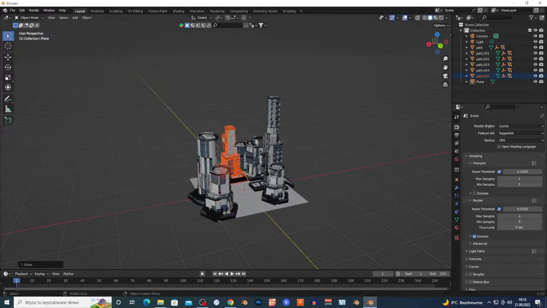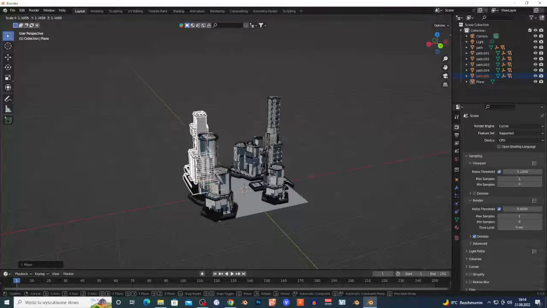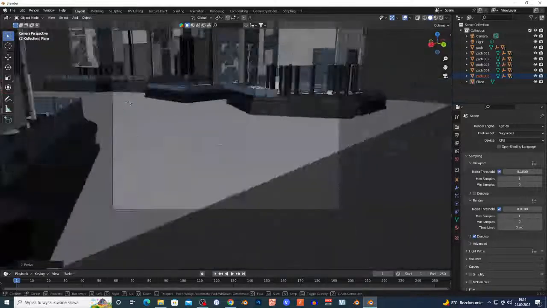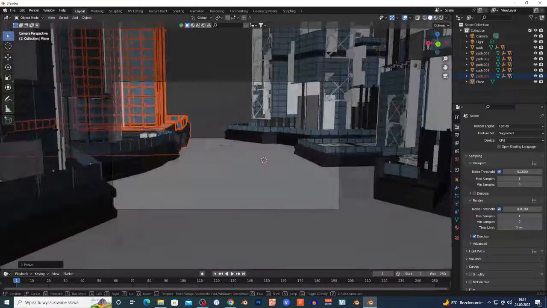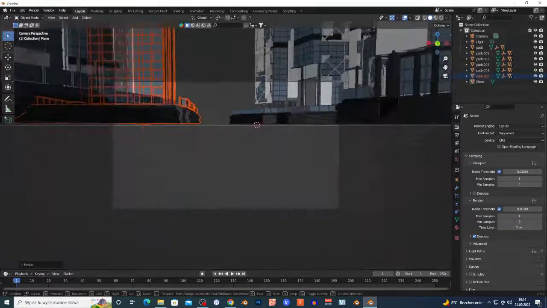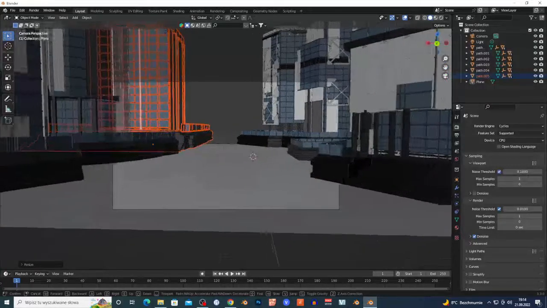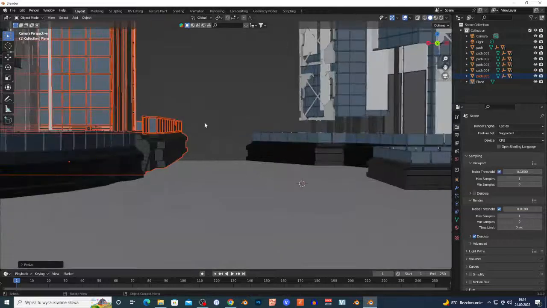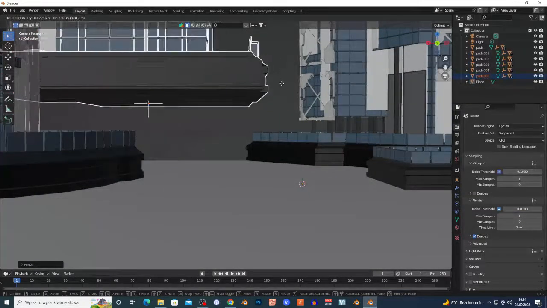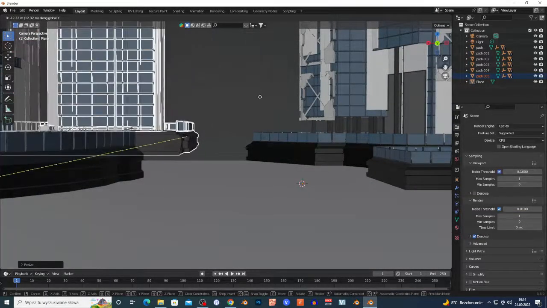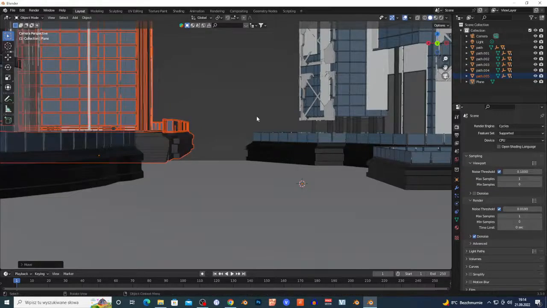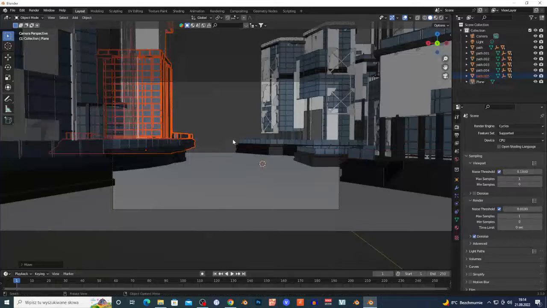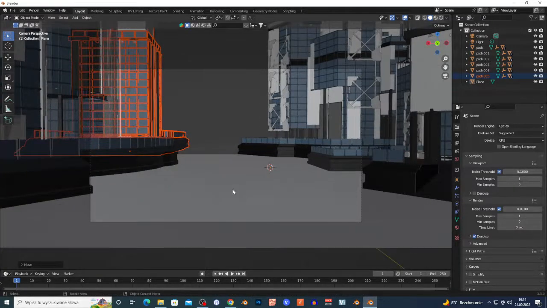Okay, let me just go right here and let me rescale this building. Now let me go to the camera. As you can see, I have this shot, and basically my character is gonna just run through those buildings. Yes, I need more detail. Oh no, I made a mistake, but whatever. Now it's great. I'm gonna maybe put right here. Yes, my character is gonna be tiny, of course.